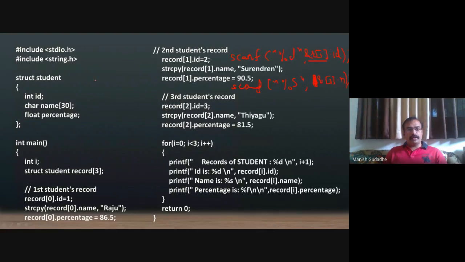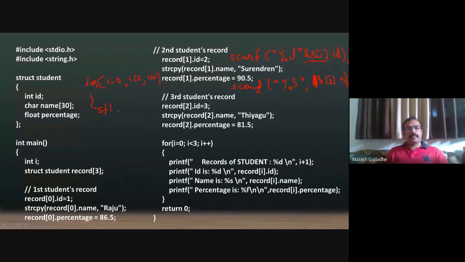What we can simply do is, instead of this, from here onwards, I can just put a loop of i equal to 0 to i equal to 2, i plus plus, and I can simply put the array.